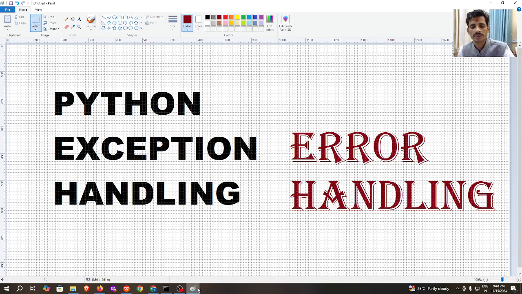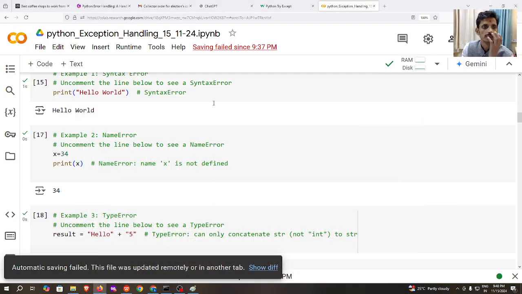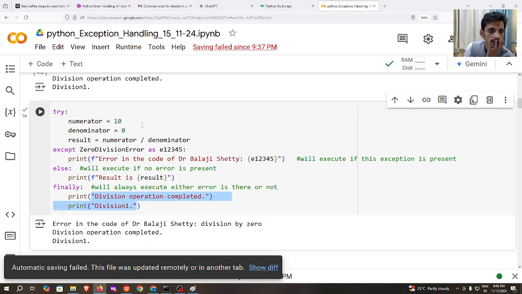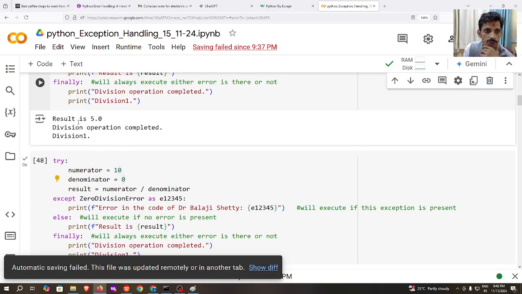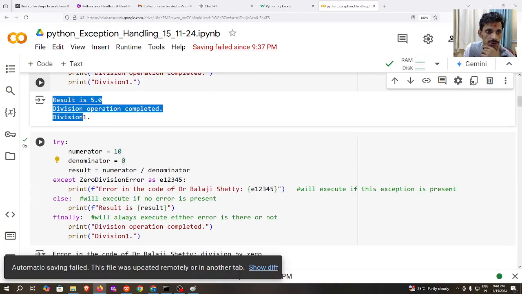We are continuing our lecture, to see some more examples. In the last lecture we covered this example: numerator, denominator. One time the denominator was 0, another time the denominator was a number, and we got this output. We have also covered try,